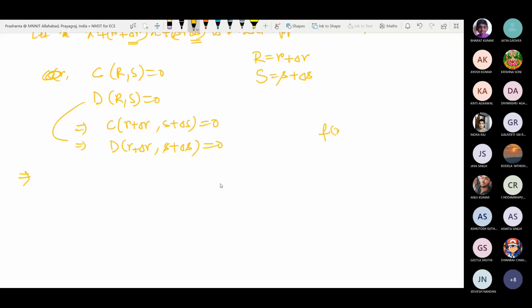What is f of x plus h, y plus k? This Taylor series: f of x comma y plus h times del x plus k times del y into f of x comma y. The next term in the Taylor series is h times del x plus k times del y whole square by factorial 2, applied to f of x comma y, and so on. If you do not remember, I am not going to prove it. You go through it yourself. So this is the Taylor series expansion in two variables.